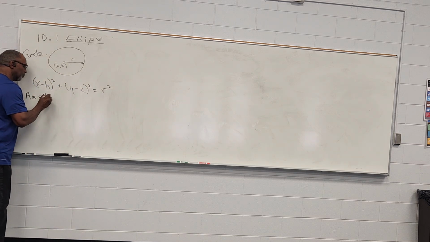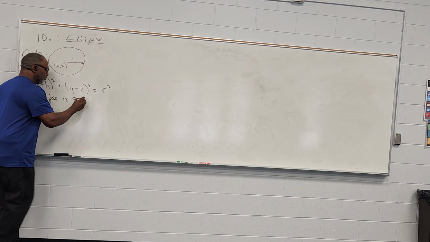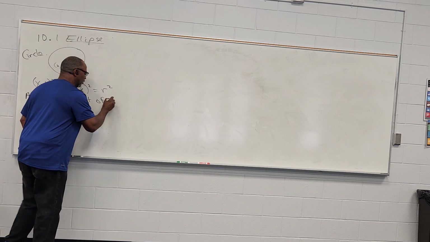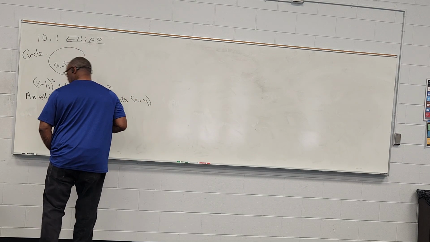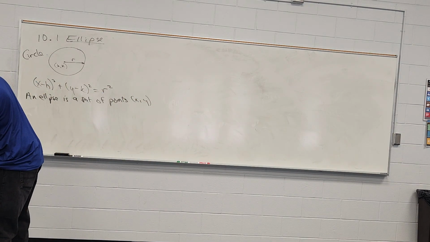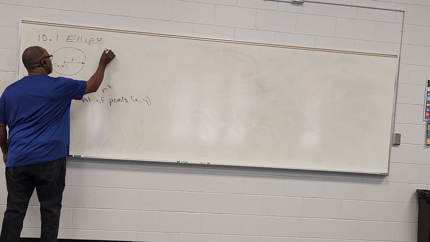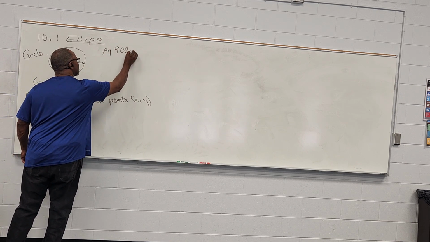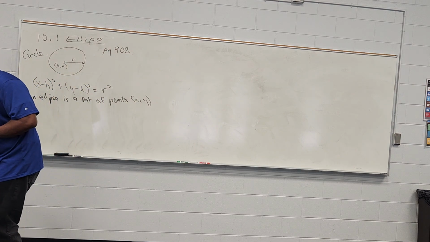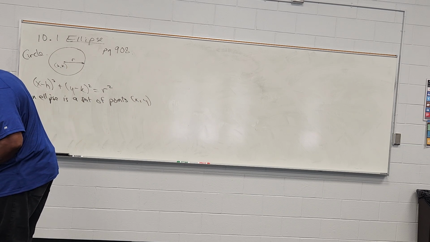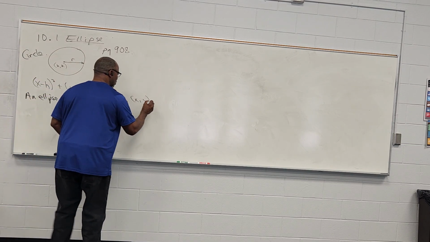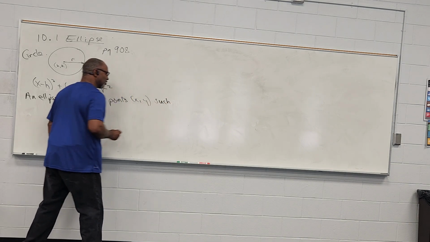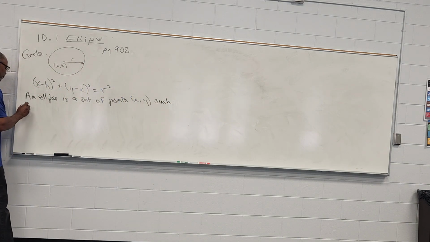So an ellipse is a set of points x comma y, all right? And we're on page 908, by the way. Page 908. So again, read your book, as usual. Set of all points x, y in a plane such that the sum of the distances,